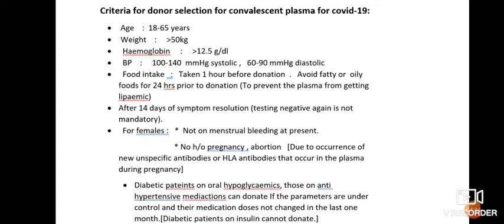And regarding diabetes or hypertension, for those diabetic patients on oral hypoglycemics and having a very good diabetic control, you can safely include them. However, those who are taking insulin come under permanent deferral criteria for any donation of blood components. So that will be included for the convalescent plasma also. And the same thing for hypertension. If the patient is on a regular checkup and he is having a very controlled BP, even with medications,